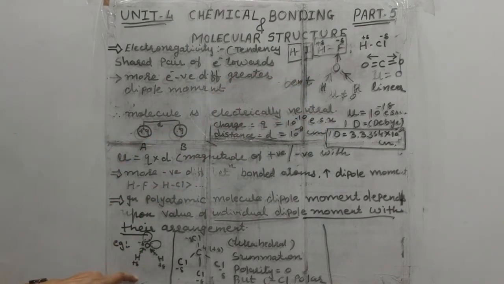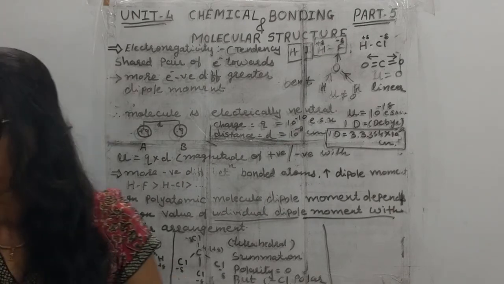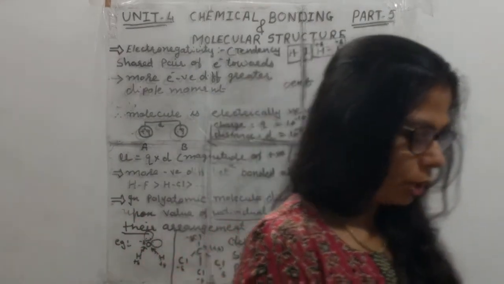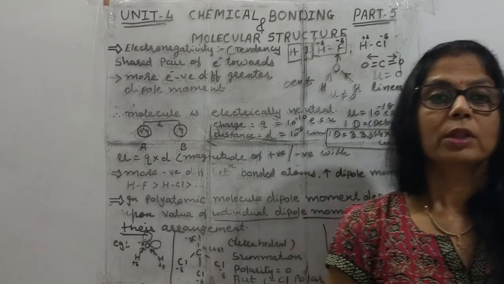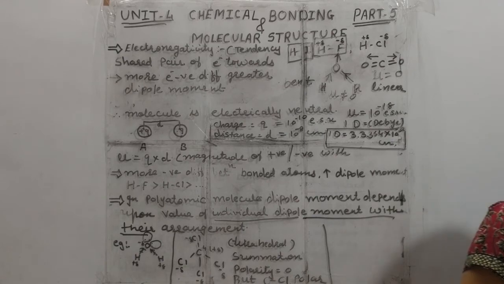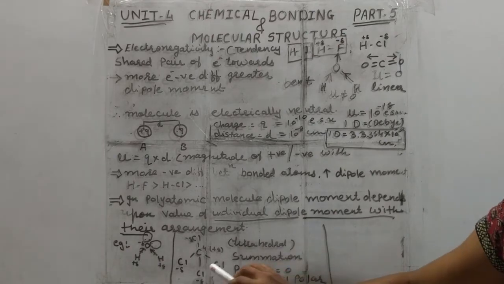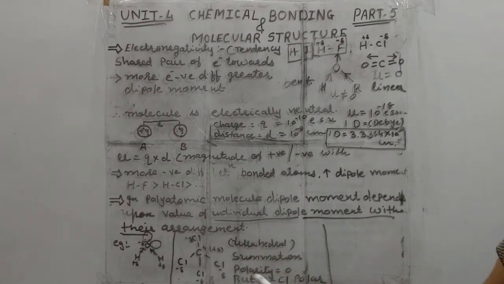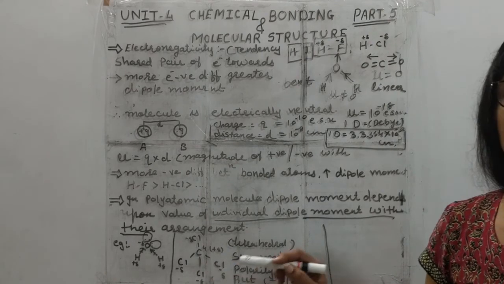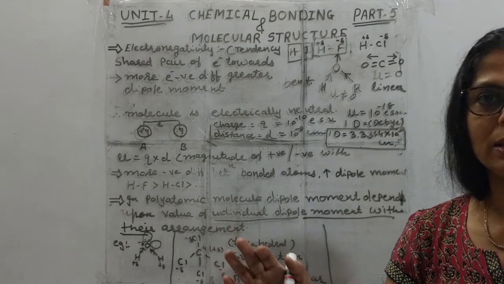So now here we'll take another example in place of H2O. First we'll go with CCl4, student. Carbon tetrachloride. CCl4 means carbon tetrachloride. Now here the C-Cl bond is a polar bond, but CCl4, carbon tetrachloride, is a non-polar molecule. Now it is very important for us to understand this. Why is it so, student? Here the bond between C and Cl is the polar bond. Why? Because chlorine is more electronegative than carbon.